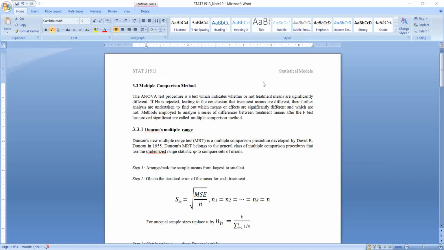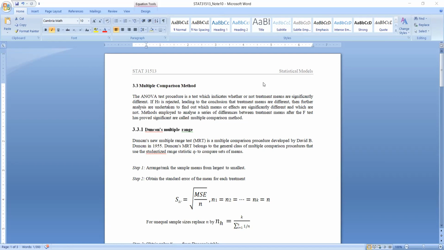But if we want more details about the treatment means, if we reject our null hypothesis, that is, if we conclude that our treatment means are different, then we have to find out which treatment means are equal and which are different. In that case, there are many testing procedures that you can follow to find out these differences